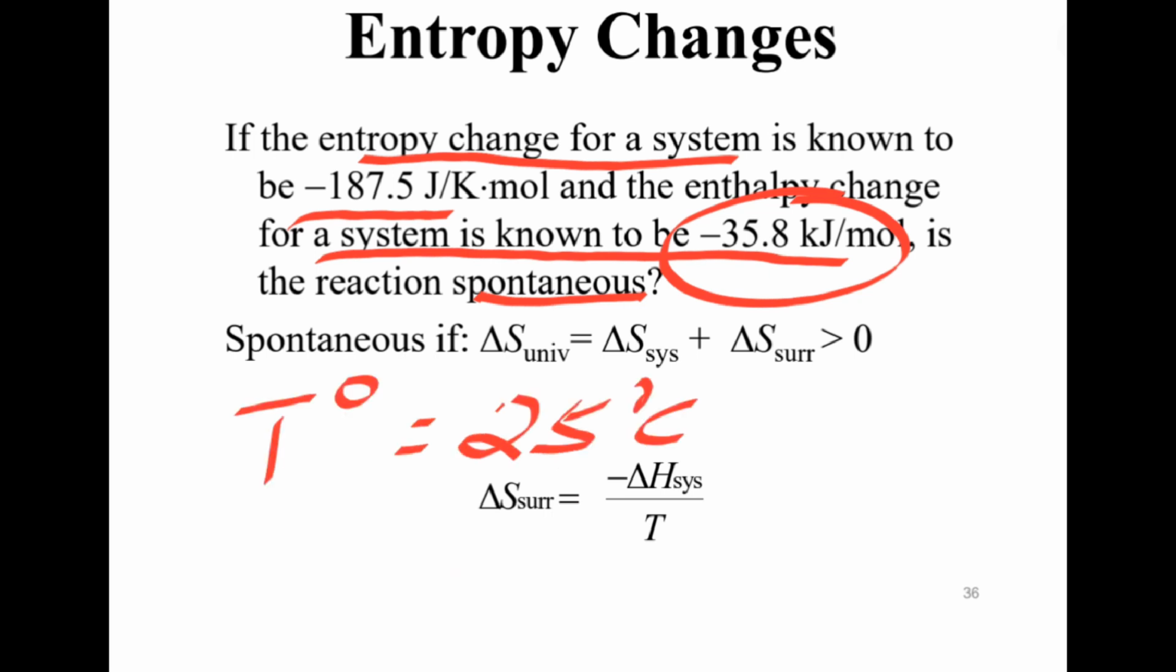Alright, so we will consider the temperature to be 25 degrees Celsius. Remember, we have to convert the temperature given in degrees Celsius to Kelvin. So converting to Kelvin, we add 273, giving 298